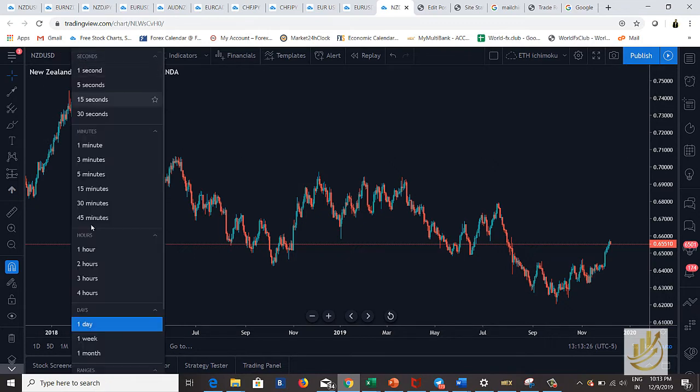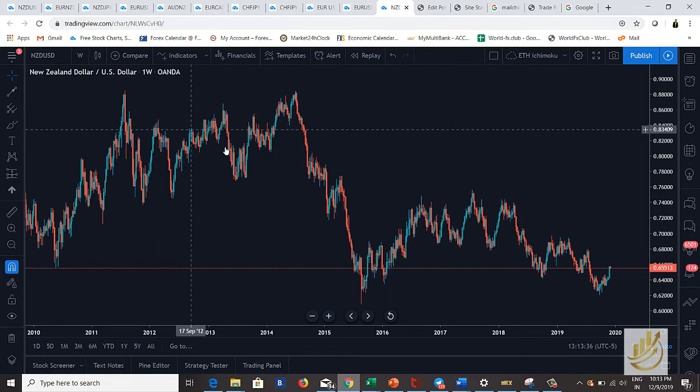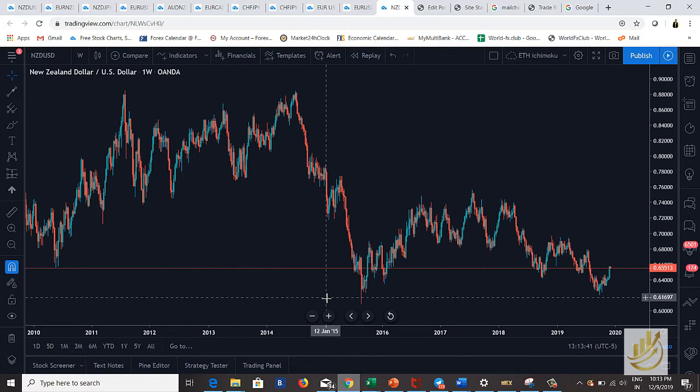Firstly, I try to open a weekly chart. So this is a software called Trading View, tradingview.com, where you can always get a free account and analyze charts. It is just awesome. So what I was telling is that when I trade or when I analyze a chart,